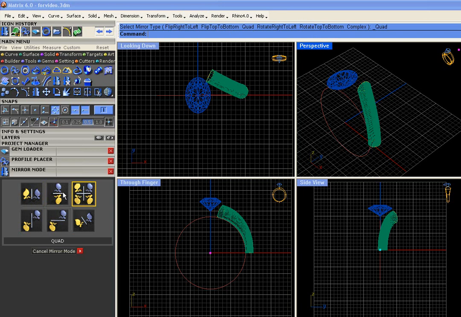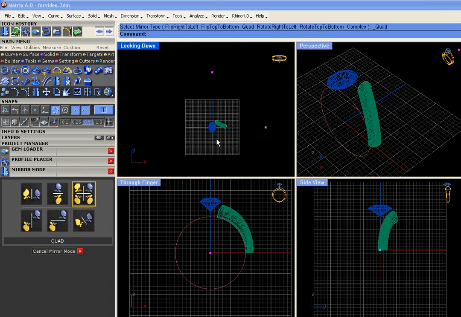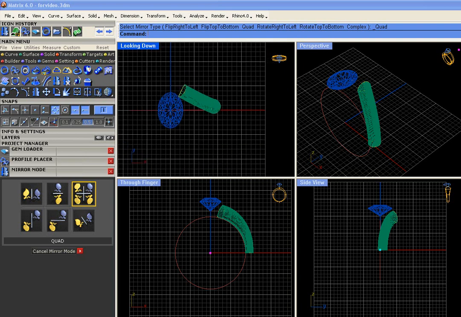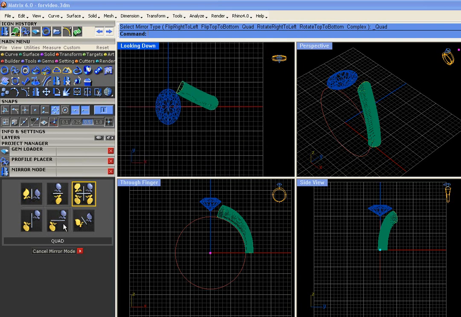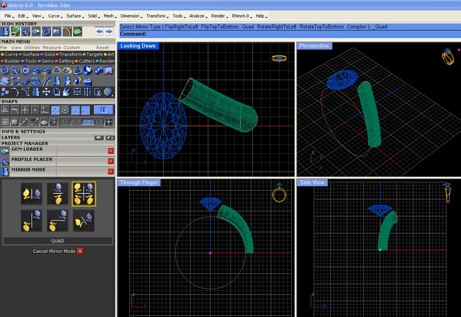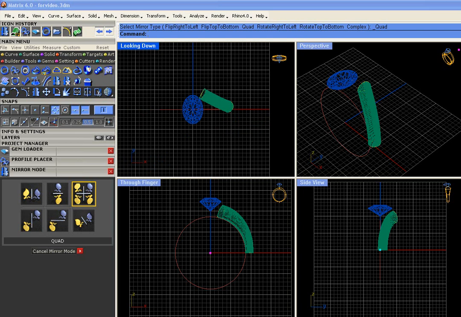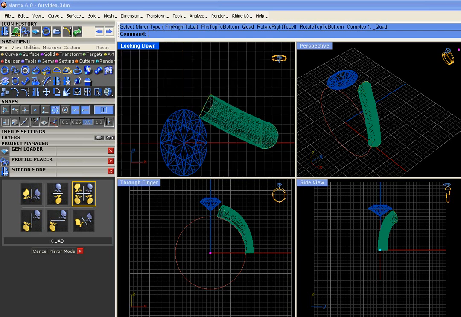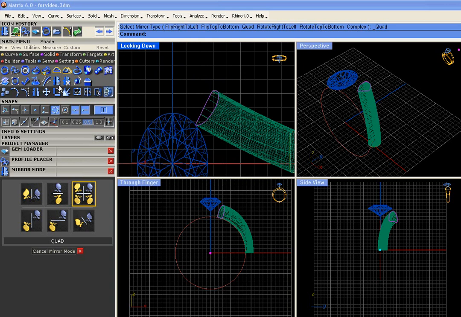When you're looking at these, just keep in mind that the little blue one is the original. So for the first one, right to left, the original has to be on the right. For top to bottom, the original has to be above. And for our quadrant, in the looking down view, the original has to be in this quadrant. If you want to see that, zoom out, in between these 2 point objects is where the original has to be. Same thing obviously applies to these as well. Now once we start to make changes to whatever's in this quadrant, it's going to duplicate itself to the other quadrants. So let's grab this little profile here,